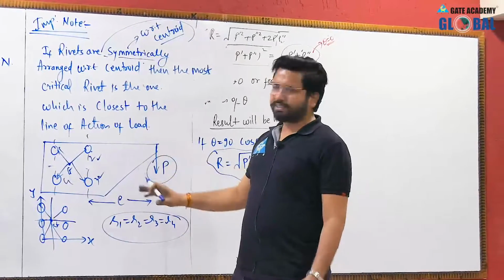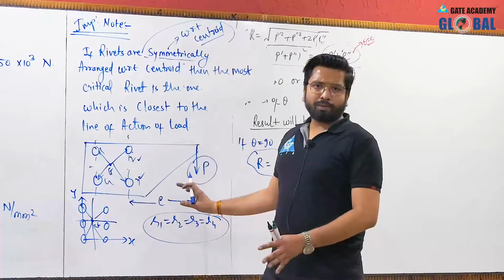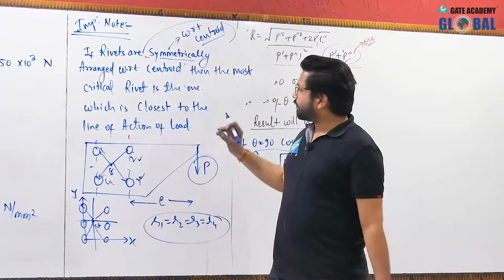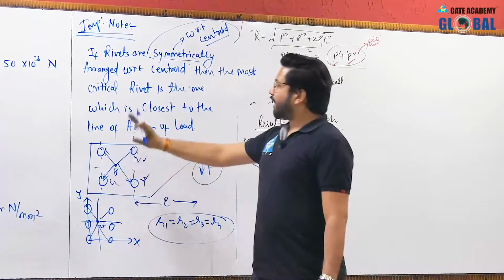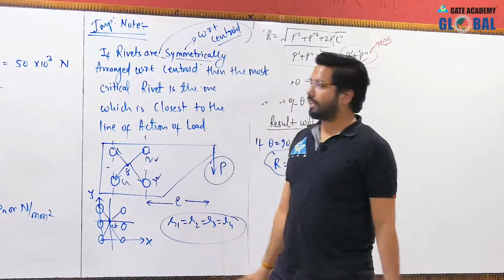Just take an example, take any load, any dimension, and solve the problem by yourself, and you will get the results. Whatever I have told you is correct. Just remember that in case of a symmetrical arrangement with respect to the centroid, definitely the rivets closest to the line of action of the load will be the most critical rivets. So, here also, if you know the concept already,